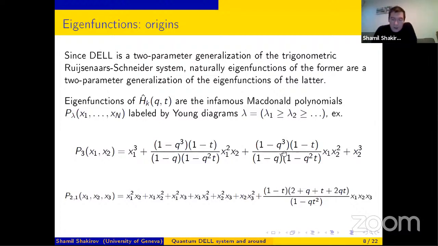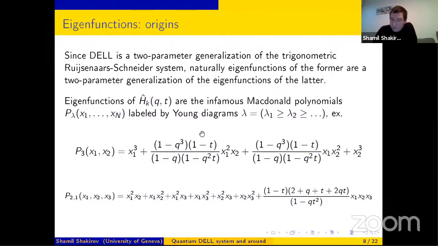Okay, so these are two examples of MacDonald polynomials. Note that the first example suggests an elliptic deformation again, in that each term is factorized, and you can in principle replace these sine functions by theta functions of the corresponding argument. It's not guaranteed that it's going to be any reasonable eigenfunction of any integrable system, but as I will show, in fact it is. This exactly is the eigenfunction of the omega deformed